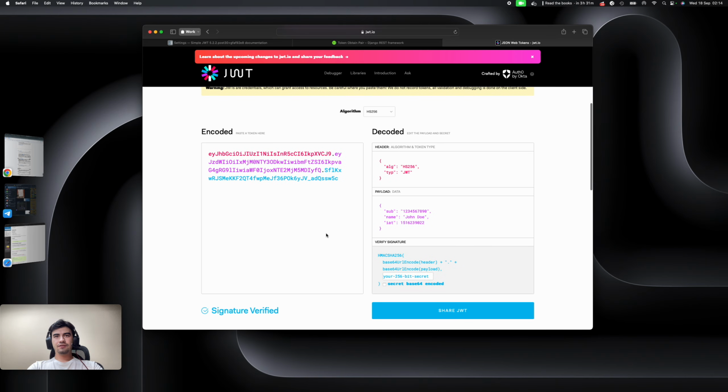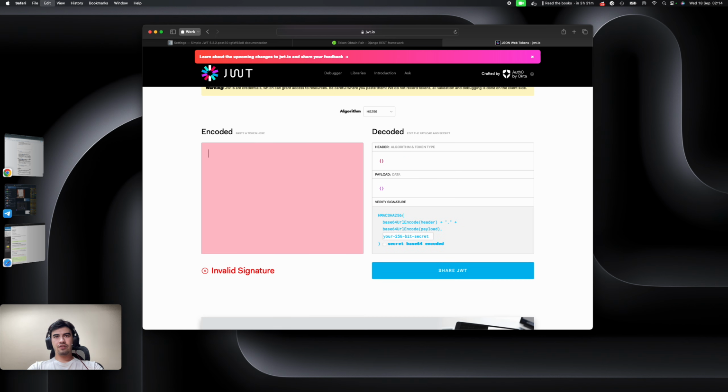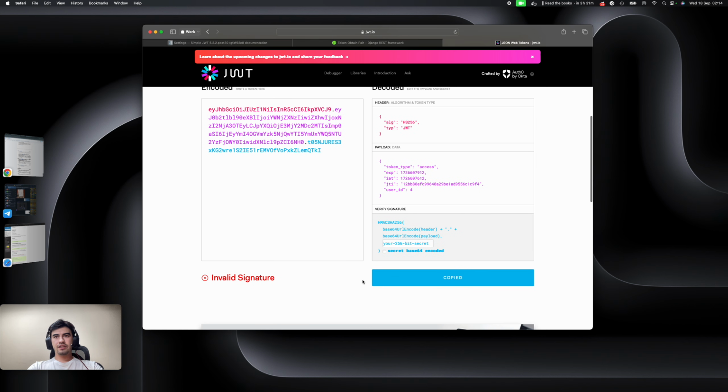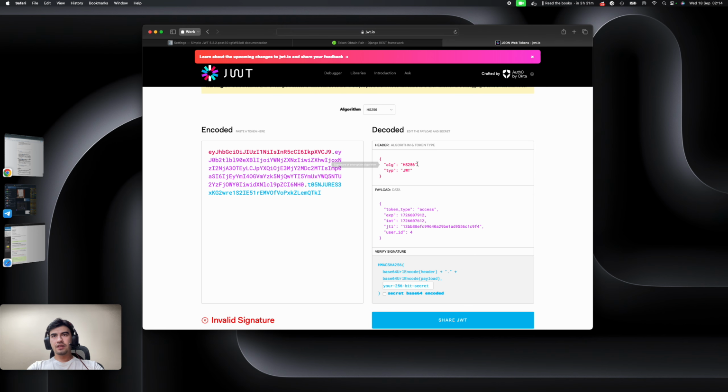Here is how you decode it. As you can see, it's encoded with HS256, and type is JWT, and token type is access, and this is the expire date, and this is